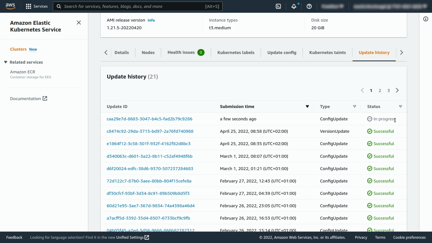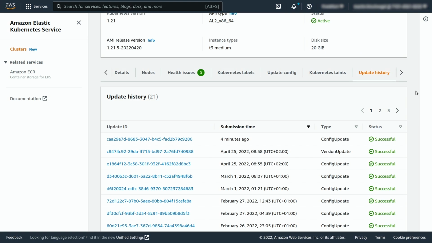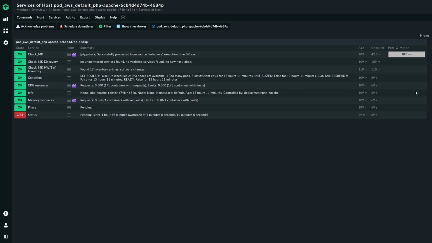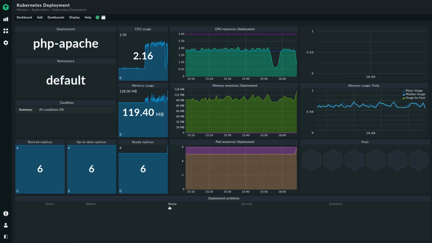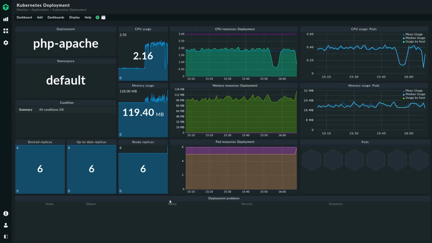Will take some time. And in a couple of minutes, hopefully the problem is gone and our cluster is a little bit healthier. Okay, so we are back. We can see the node has been rolled out here, at least AWS thinks that. Let's take a look at the actual stuff in our monitoring. Let's go back to our deployment, and we can already see, hey, seems like it has worked.